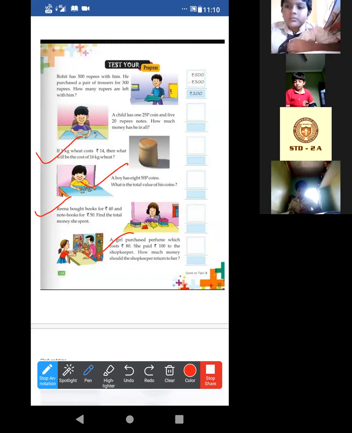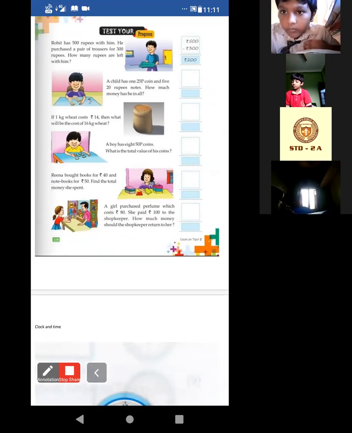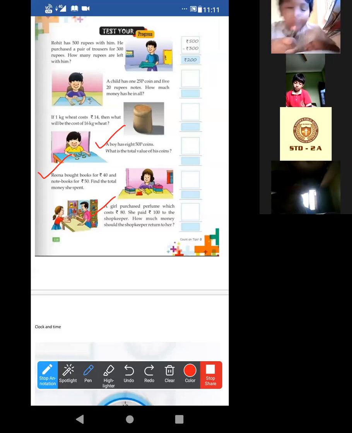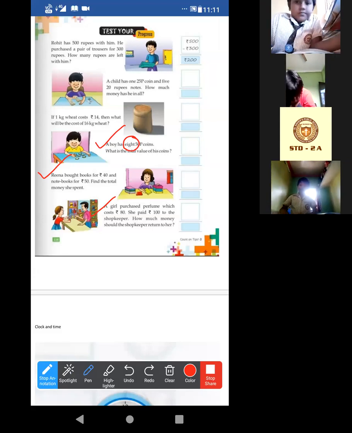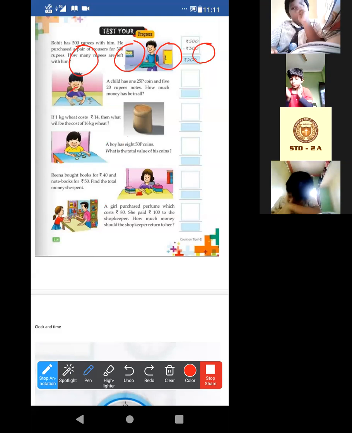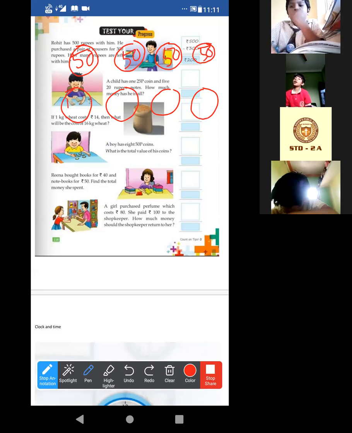Just a minute. These 3 questions in your book. Acha, first one. Pushpak, I'll come to that question. Before that, let me solve these 3. The first one is given. A boy has 8 50 paise coins. 50 paise coins, how many? 8. Yes. Look. First one, second one, third one, fourth one, fifth one, sixth one, seventh one, eighth one. Each is of 50 paise coins. This one also 50 paise, this one also 50 paise.